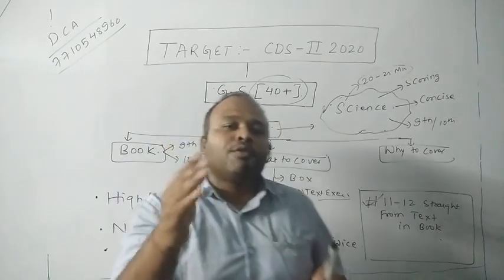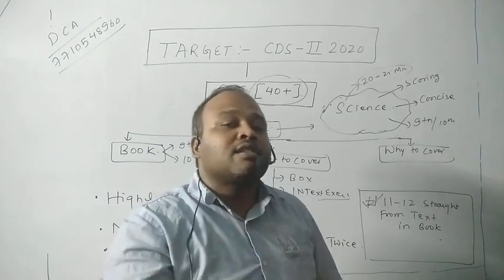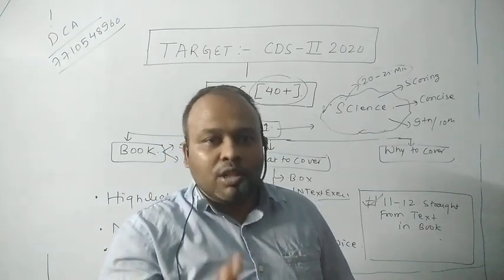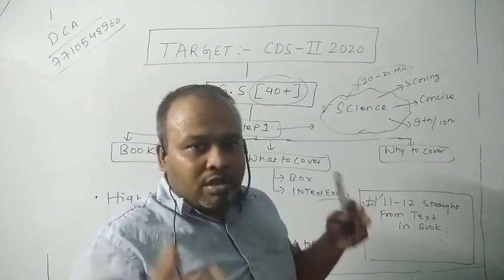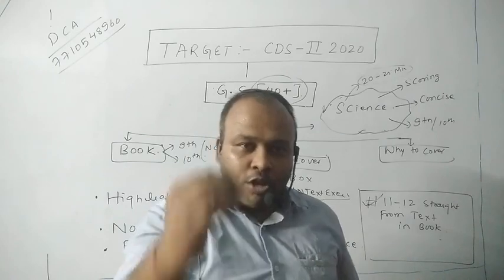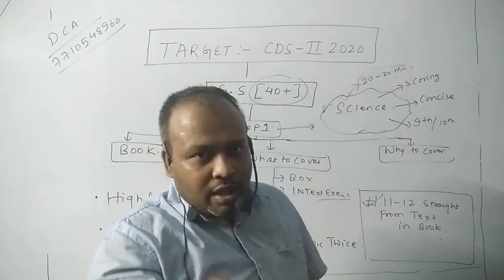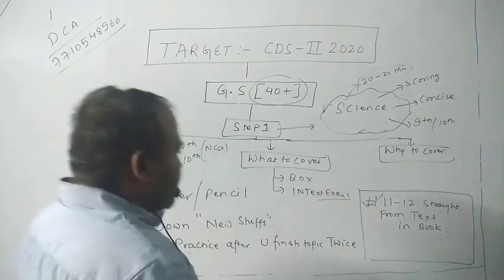Always try to get 105 plus in GS plus English. You will be on the safe side for at least the upcoming 2 years. For the next 4 CDS exams, a cutoff above 105 is difficult, right? Later, how competition will increase, nobody knows. Which paper will merge into which, nobody knows. So we are not talking about after 2 years. Right now, for the next 1 year, what is going to be the scenario and how you can avail the benefit of that, right? In-text.